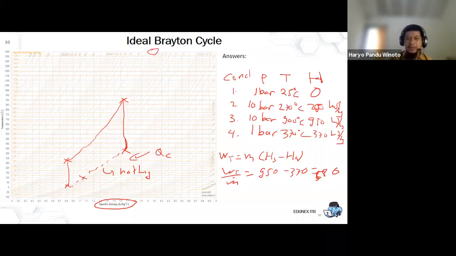Maybe it has been explained by Pak Indra or Pak Wawan that entropy is never directly involved in the energy balance. It's just a mapping, just a kind of map. You can get my point. Entropy works like a coordinate there, especially when we say it is an isentropic compression. Then it's going to be useful.